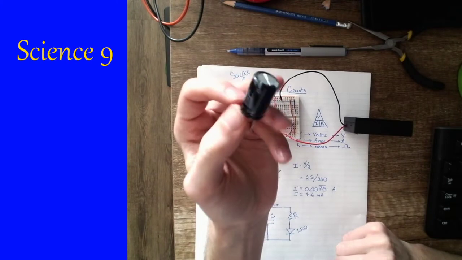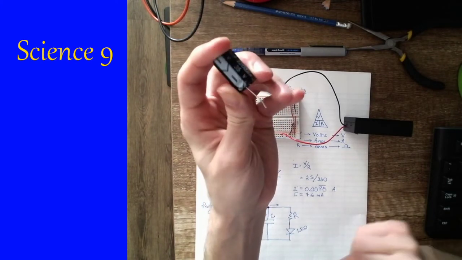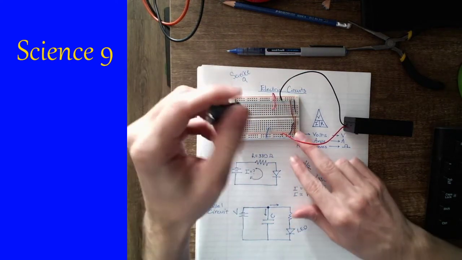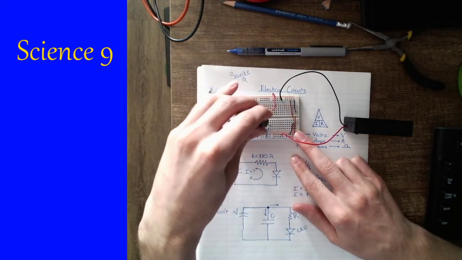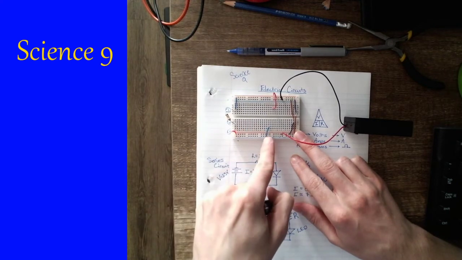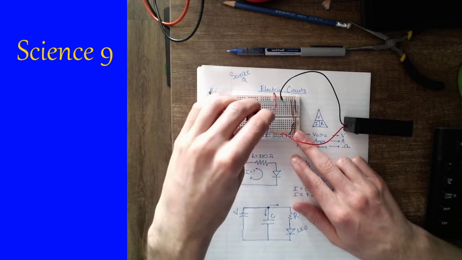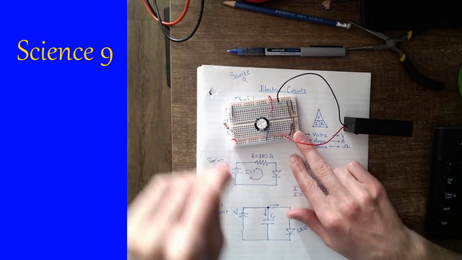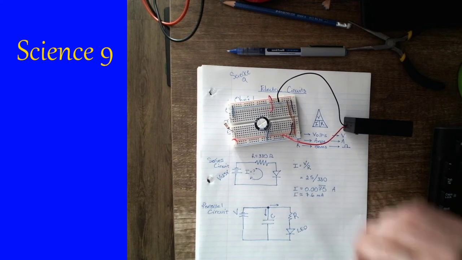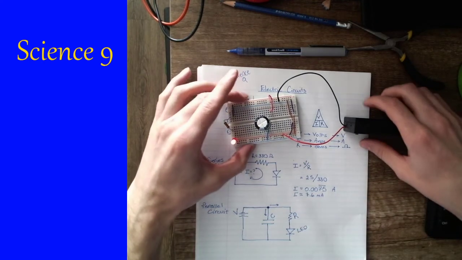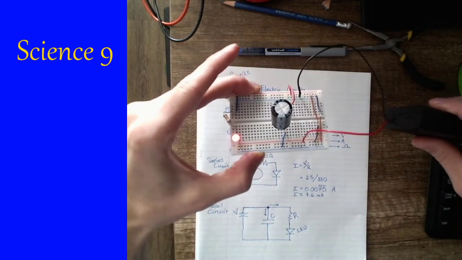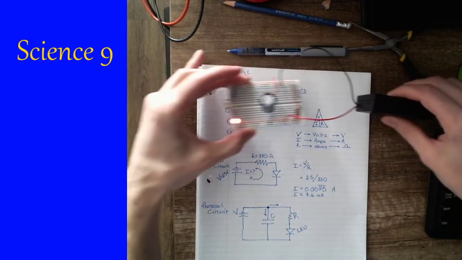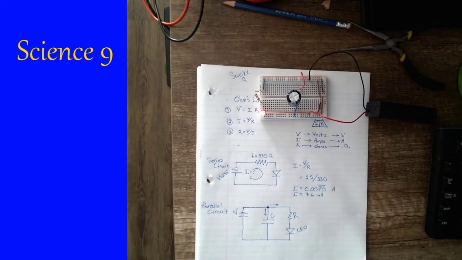So here's what our capacitor looks like. It has a negative strip here, and that tells you how to hook it up. And I'll put the negative end into the wire coming from the negative power rail. And we now have a parallel circuit. It didn't really change all that much. We still have an LED that is lit up, but now we have a capacitor in there, and that will serve a very particular function,